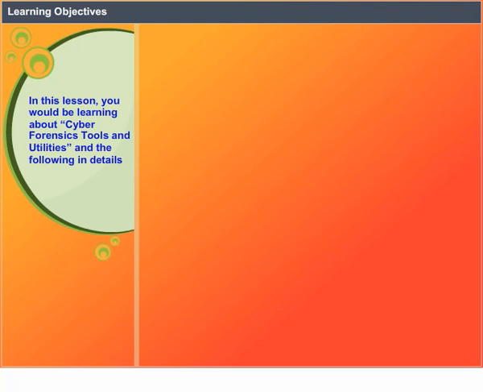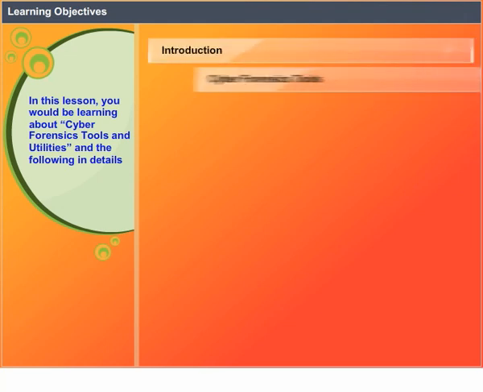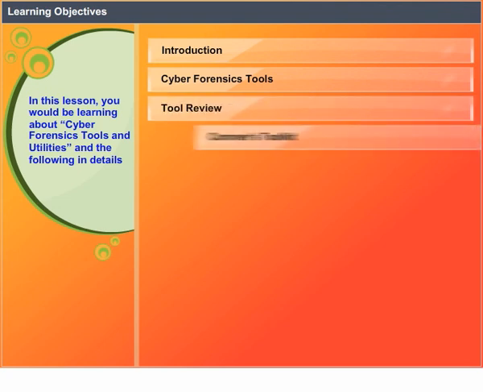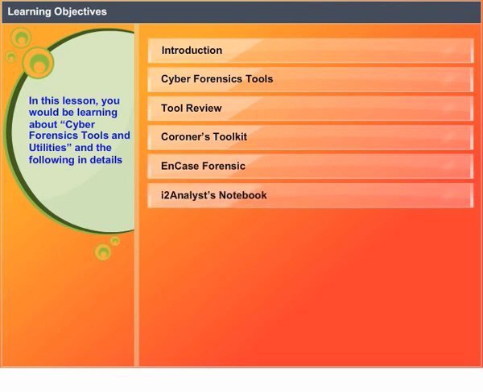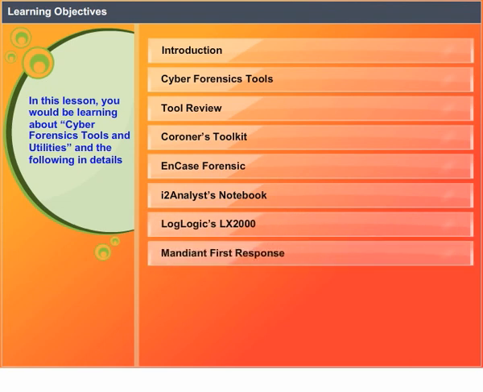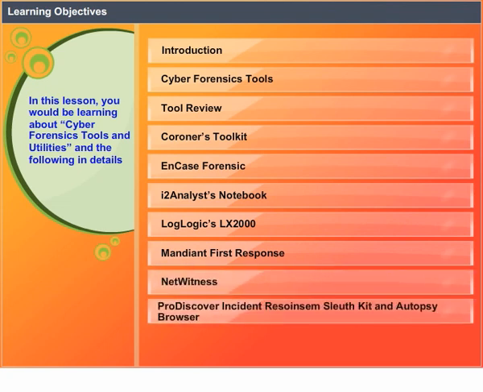Learning objectives. In this lesson, you will be learning about cyber forensics tools and utilities and the following in detail. Introduction, cyber forensic tools, tool review, Coroner's Toolkit, NCase forensic, i2 Analyst's Notebook, LogLogic's LX2000, Mandiant First Response, NetWitness, ProDiscover,